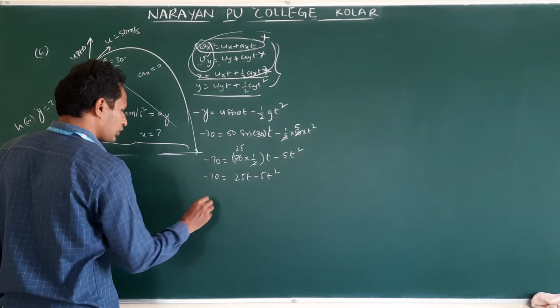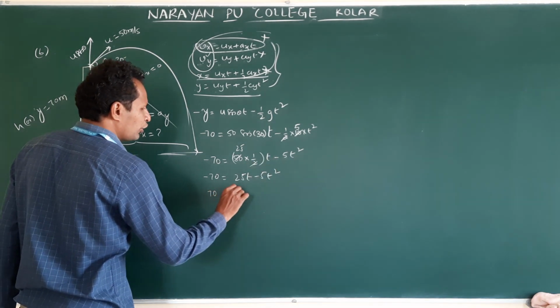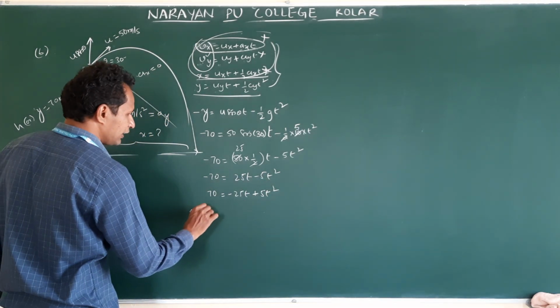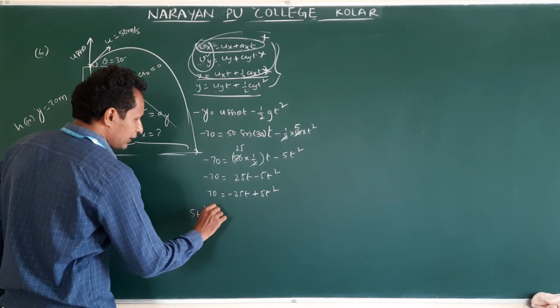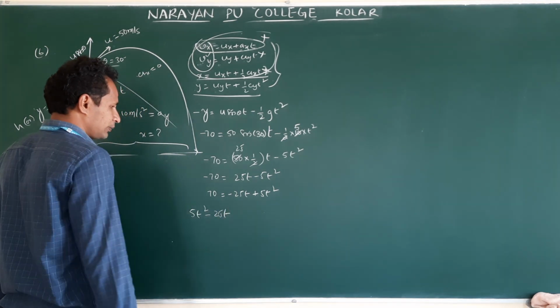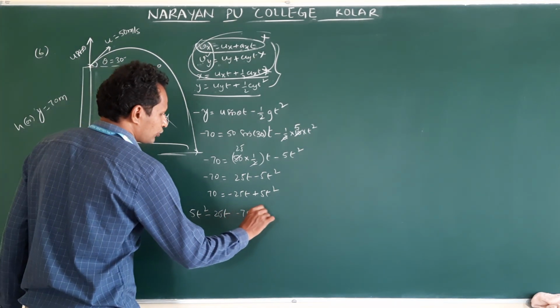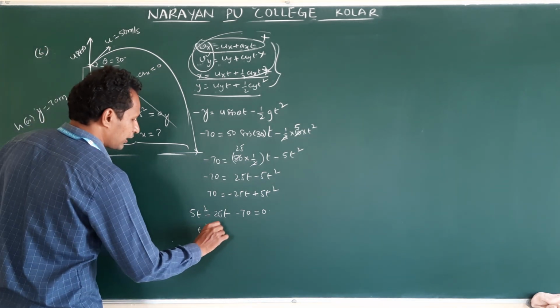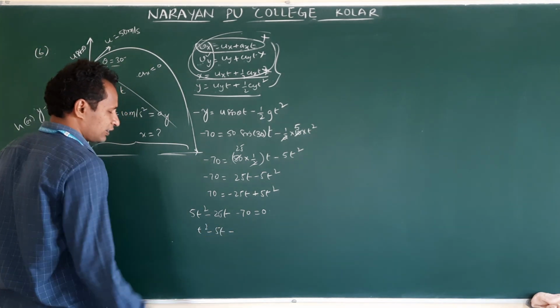Multiply with minus on both sides. 70 is equal to minus 25t plus 5t square. Then we can write 5t square minus 25t minus 70 is equal to 0. In this you can take 5 common. t square minus 5t minus